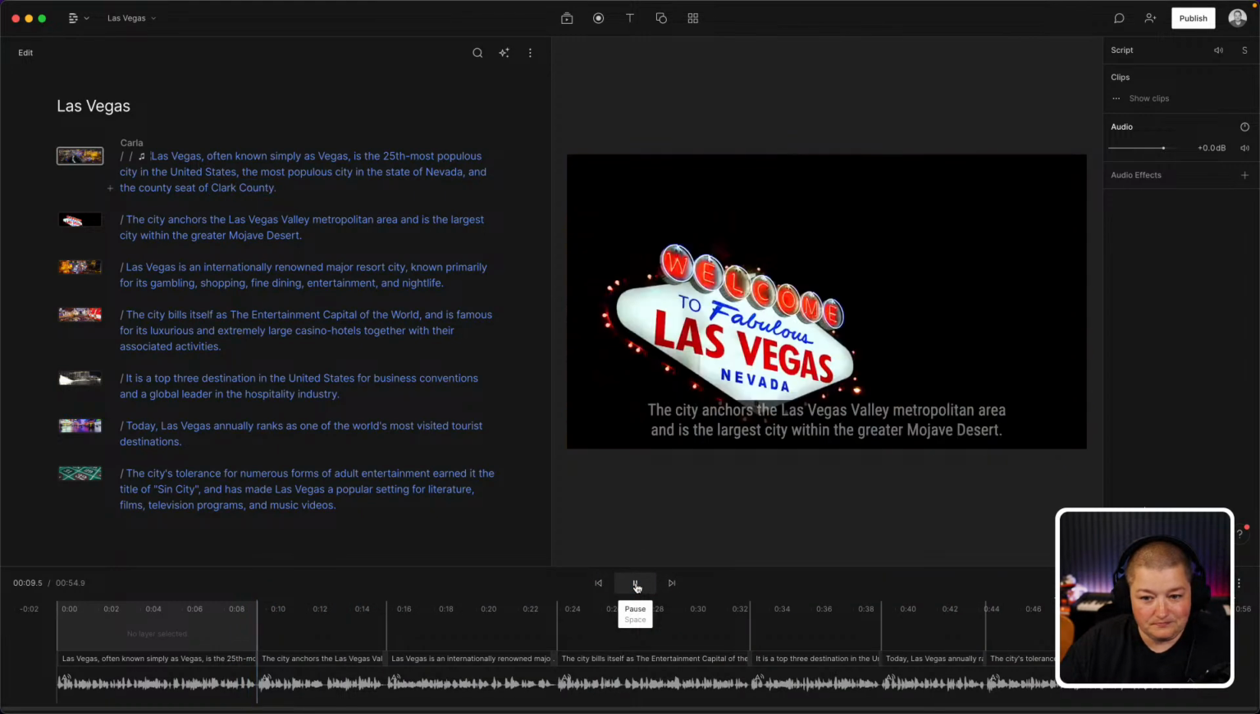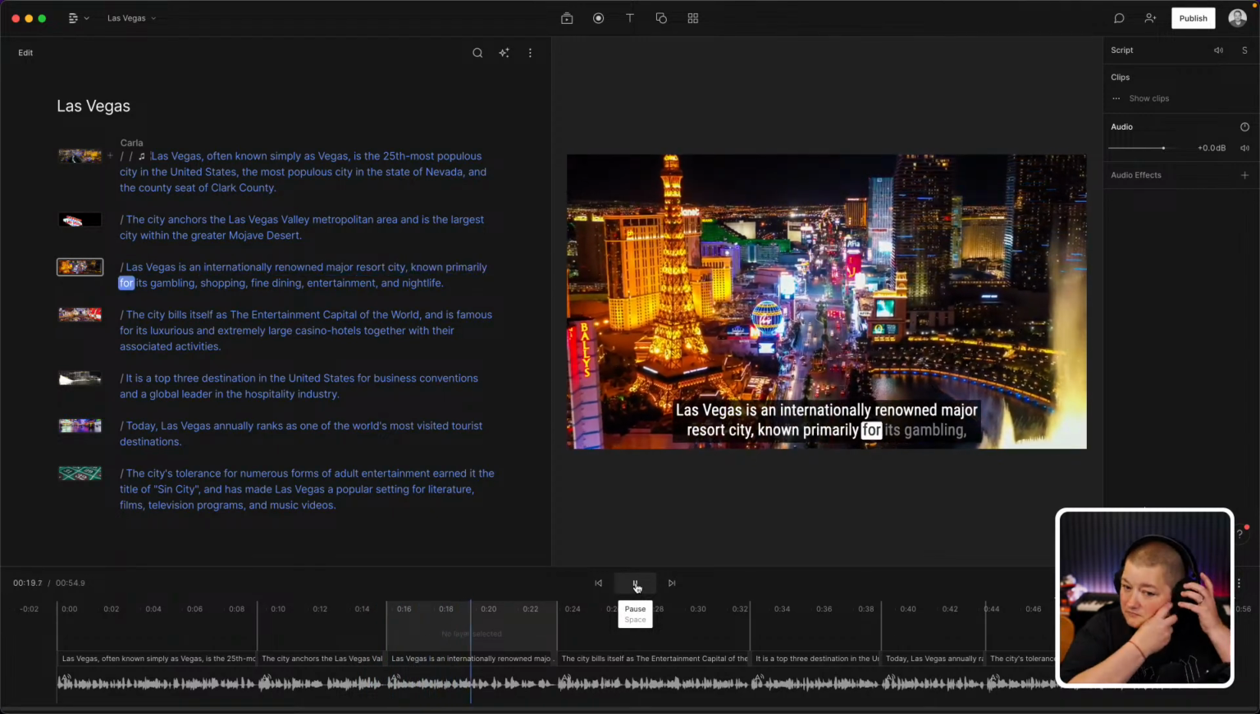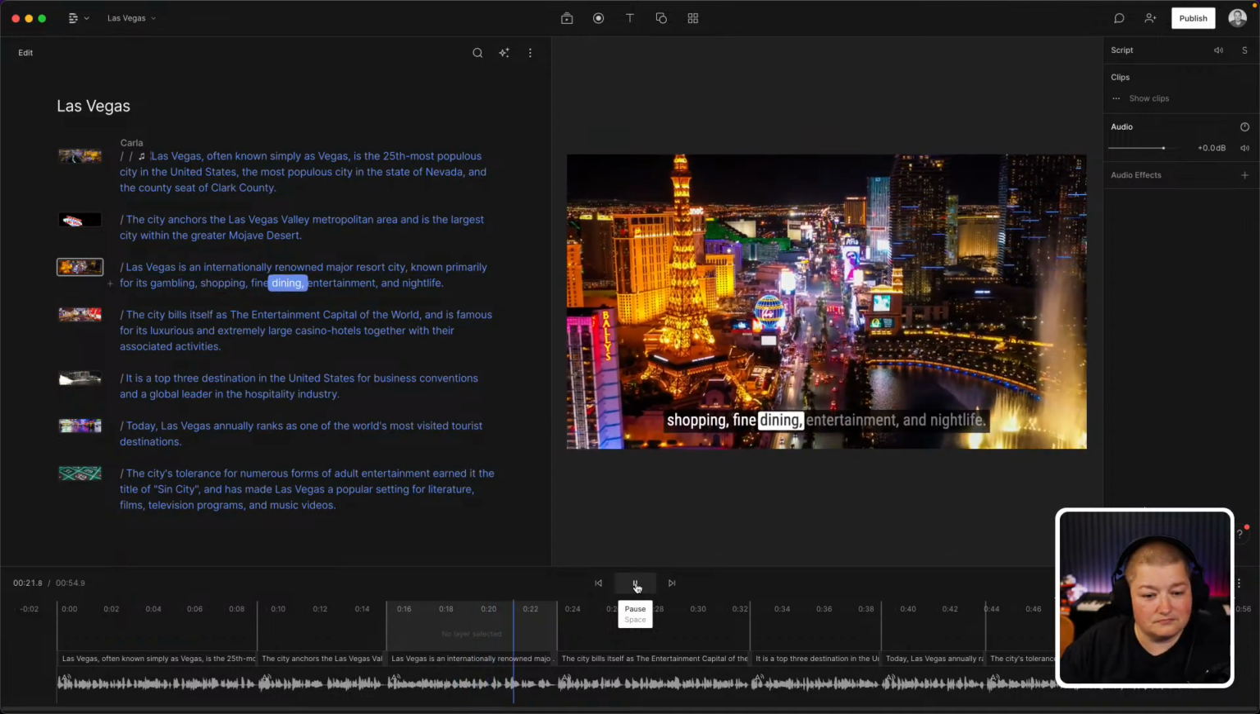Seat of Clark County. The city anchors the Las Vegas Valley metropolitan area and is the largest city within the Greater Mojave Desert. Las Vegas is an internationally renowned major resort city known primarily for its gambling, shopping, fine dining,